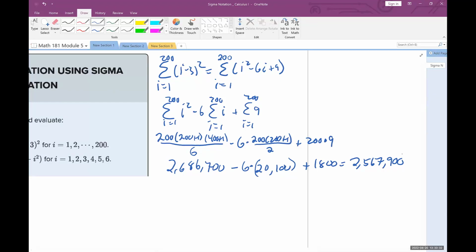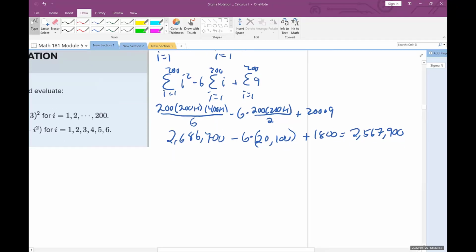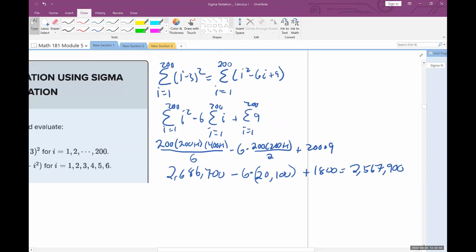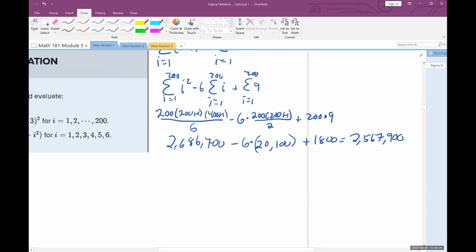I was tempted to do that one a different way. I was tempted to do the 1 and the 2 separate, and then do 3 to 200, do that sum. And then I could change the index to go from 0 to, what would it be, 197. I was tempted to do that, didn't do that. This is how they want us to do it. And this is actually a good example of some of the stuff we will end up doing at some point when we take limits,